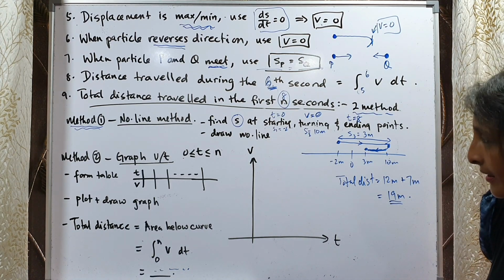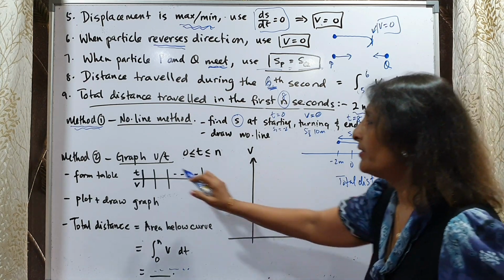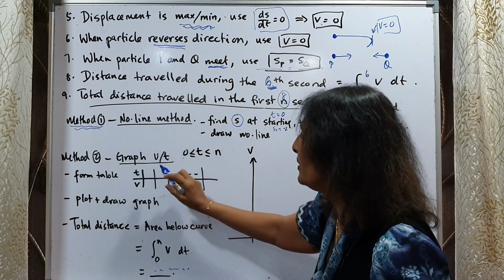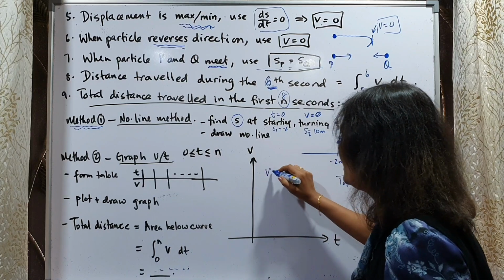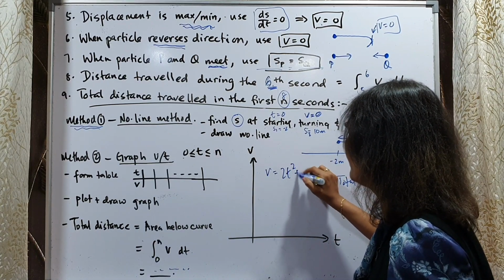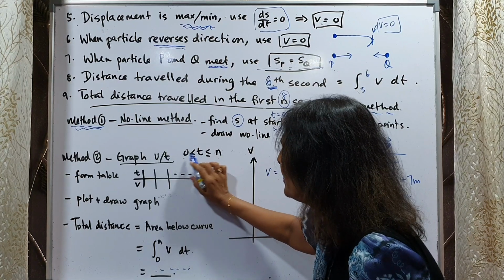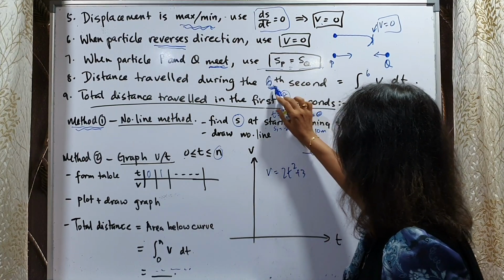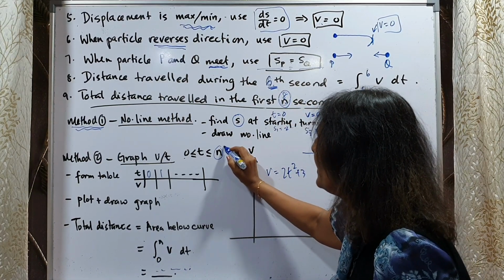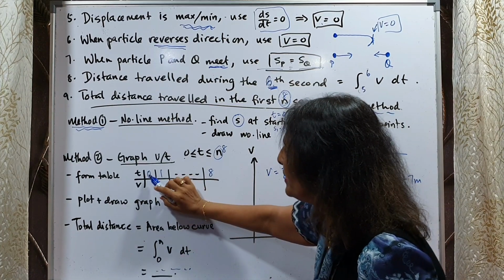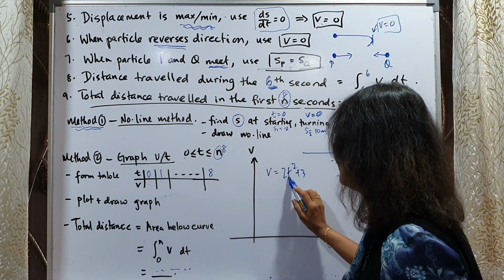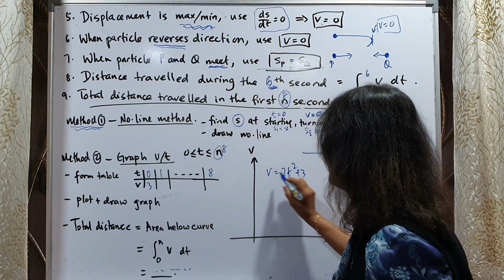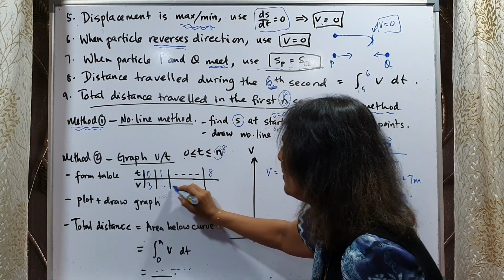But in this topic of velocity, you can draw a graph of velocity against time. For that, you need to form a table. Of course, your velocity will be given something, let's say like that. Start from time 0, 1, all the way until the end. If it's 8 seconds, then n will be 8. So the last value is 8. You substitute 1 by 1. When t is 0, you put 0 here, you get v equals 3. So you put this answer here. When t is 1, you sub the 1 and you will get the v and put here. Put all the v values.